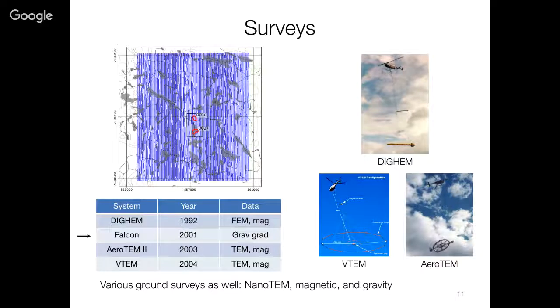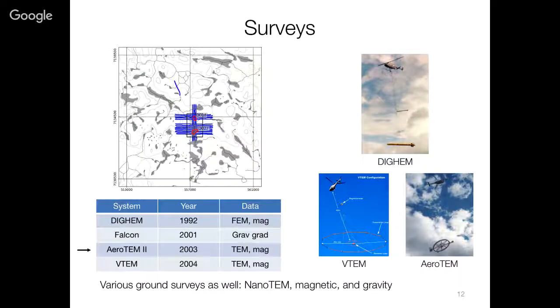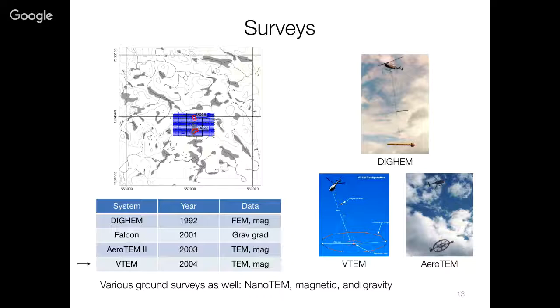There was the Falcon system. So that was a gravity gradiometer that was done. That was 2001. The AeroTEM-2 was flown in 2003. These are the survey lines that are associated with that. And the VTEM was flown in 2004. Various airborne data. There was some ground data too. There's a NanoTEM. And some magnetic data. We're only going to work